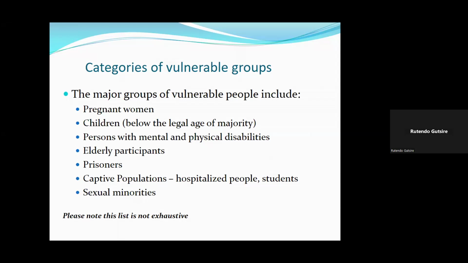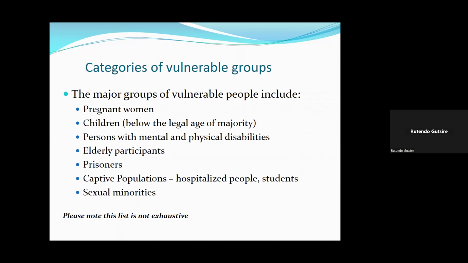Then prisoners. You go through the authorities in the prisons. You don't just go into a prison like what the doctors from the US who went to Guatemala did, they just went into the prison and started injecting people with syphilis. So the prisoners are protected by the international human rights organizations to go through that.